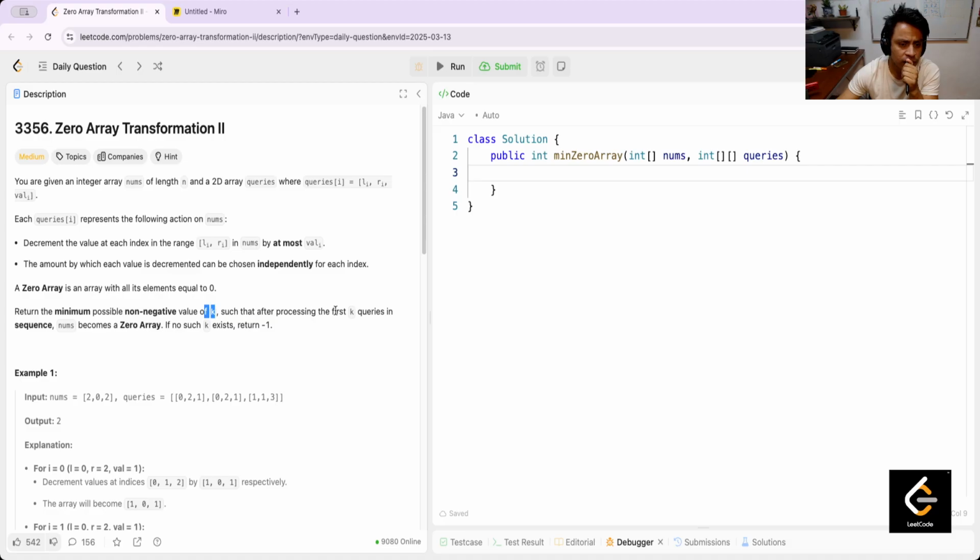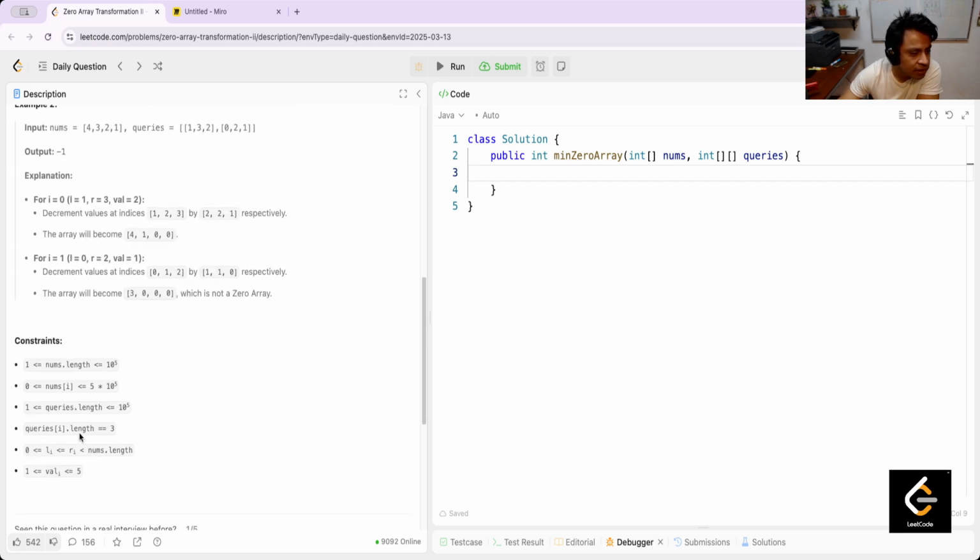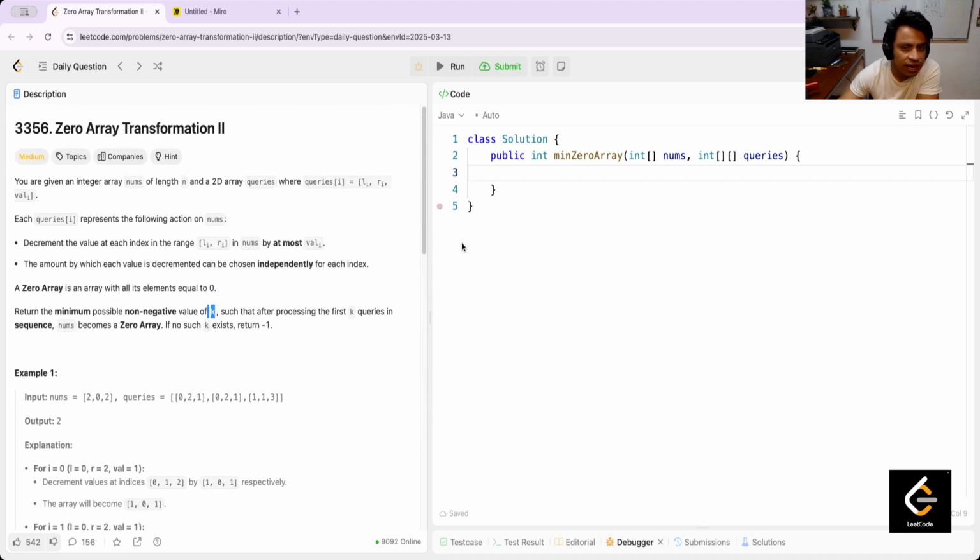Such that after processing the first k queries, but in this case, k means the length of the nums or the queries. Between the minimum possible non-negative values of k, I think that is nums, such that after processing the first k queries in the sequence,